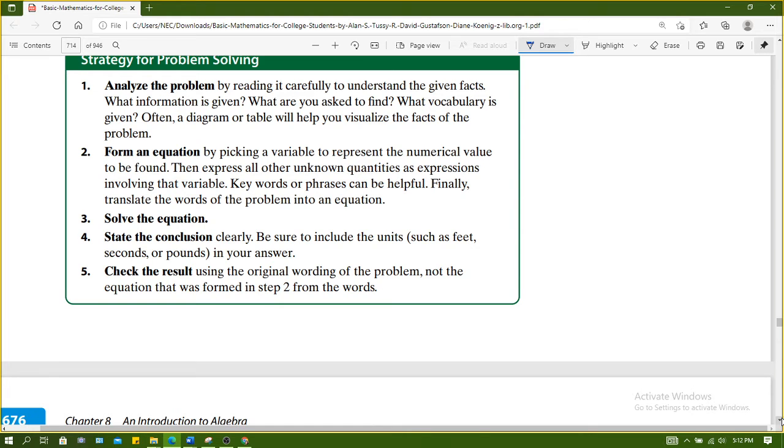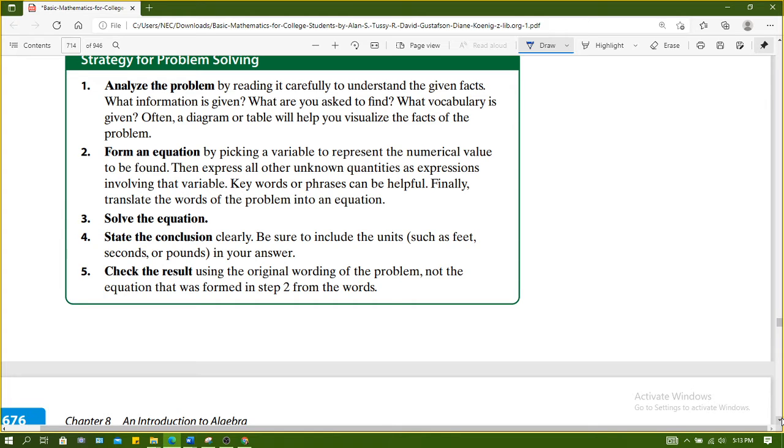That is why, class, your final answer should not be the number alone. Okay? You should state the conclusion in a sentence form. Be sure to include the units such as feet, seconds, or pounds in your answer. Finally, step number 5, check the result using the original wording of the problem, not the equation that was formed in step 2 from the words. It can also be helpful that you have an initial estimate of the value that you are looking for so that you can have another way to check